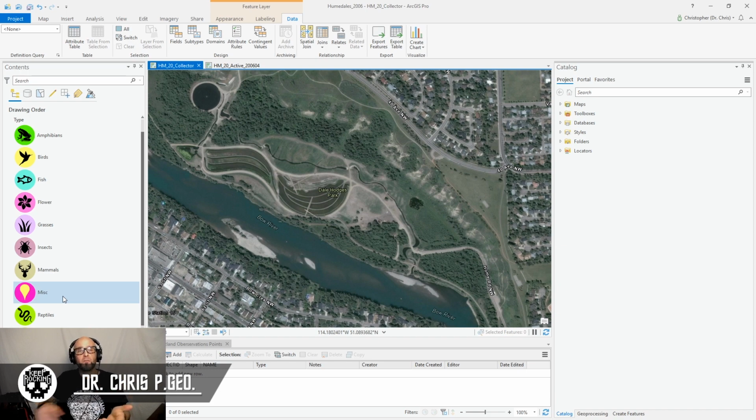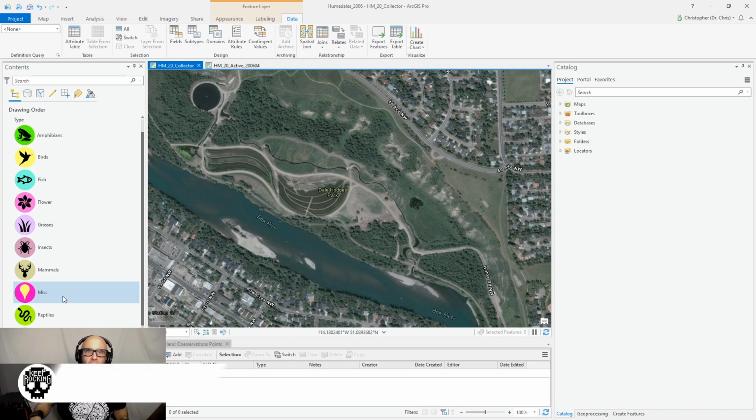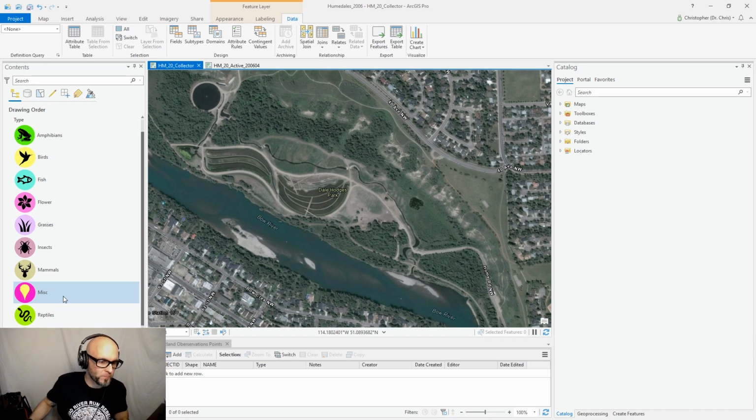That's in case you're out in the field and something happens and you're like, this is new. Hit that miscellaneous. You can check it later. So I shared that online, made a map, and